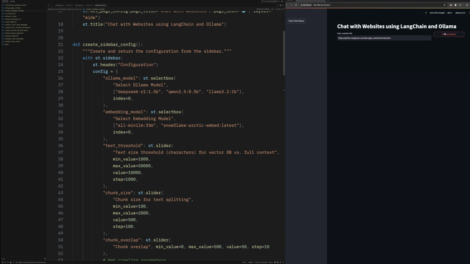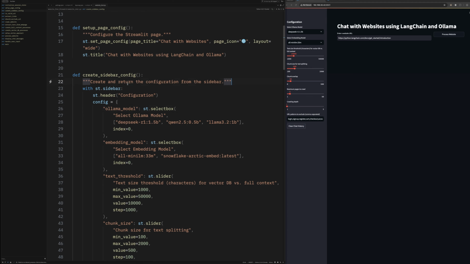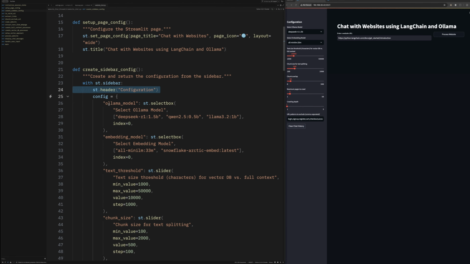Let's allow always rerun. Here we created the sidebar, but let's walk through what we're doing here. If you saw the previous video where we just did a website chat, we didn't have the crawling functionality. We're going to first do with sidebar just to get everything into the sidebar and then do a header with configuration. This is where it's a bit different than what most people do, but I enjoy doing it this way,